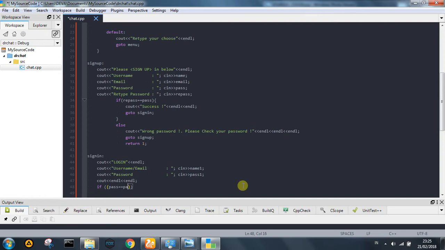To make a suitable password, first we make the if condition: the password in the sign up must be equal, like the password in the login, equal suitable, must be equal, and